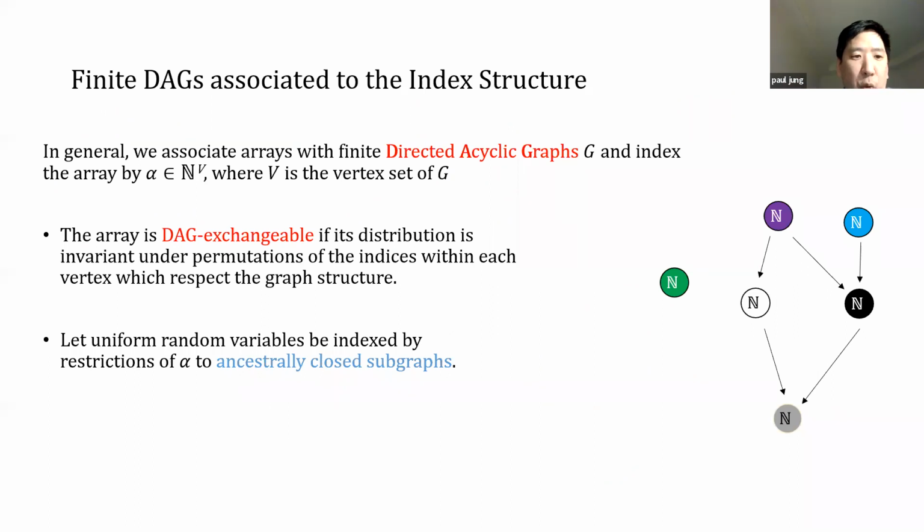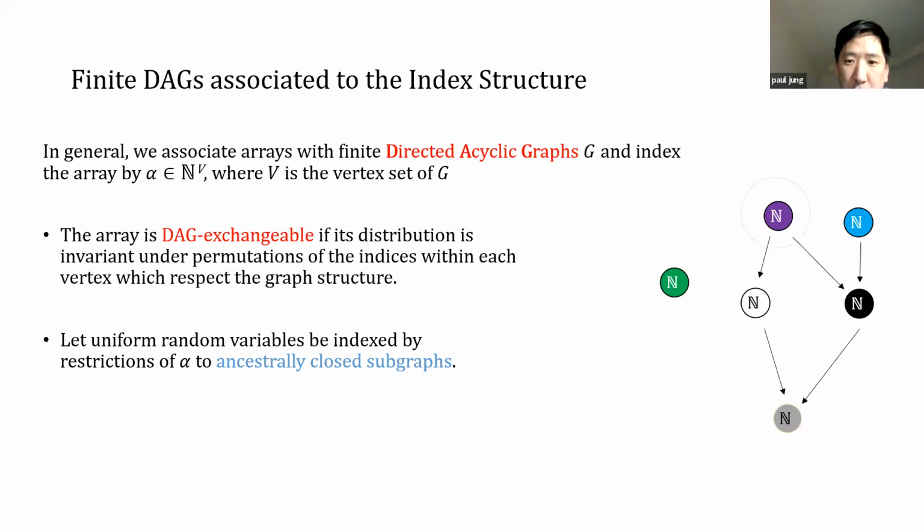Okay, so what is now the representation? Well, in Aldous-Hoover, if it's a 6-dimensional array, we would just have 6 vertices, and then we would consider all the subsets that contain those vertices. What we do here is, if we have this finite DAG associated to our 6-dimensional array, we consider all the subsets that respect the hierarchy. So whenever we include a vertex, we want to include all its ancestors.